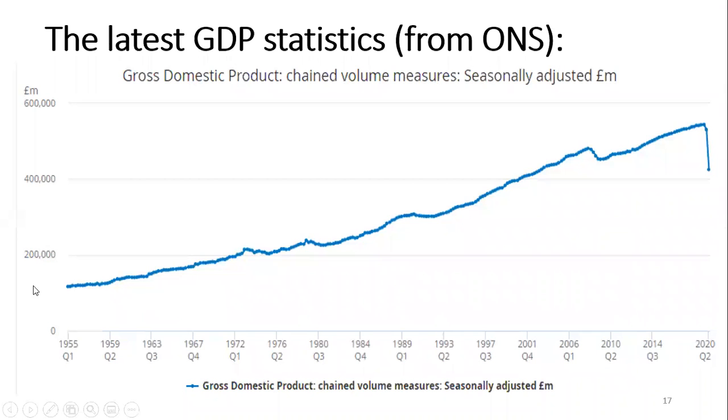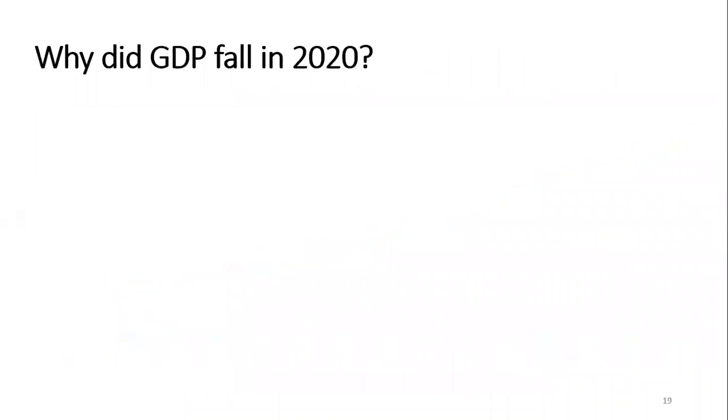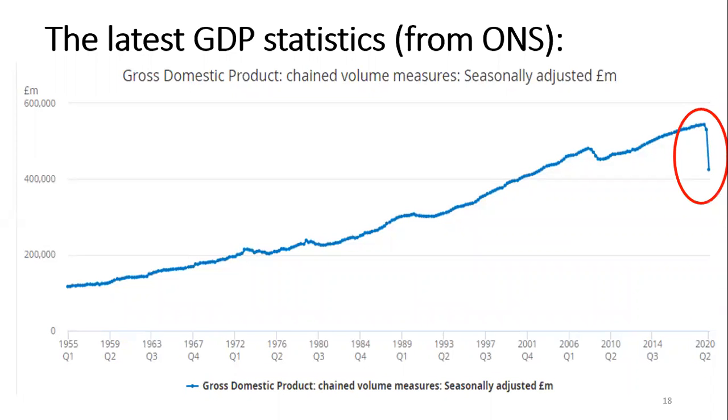So we see that there's a broad trend for things to rise, but we see it doesn't rise in a straight line. We can see there's periods where GDP goes down. There was a recession here, people call it the credit crunch, that happened from 2008. And we see this massive drop just now. So GDP fell pretty sharply in 2020.